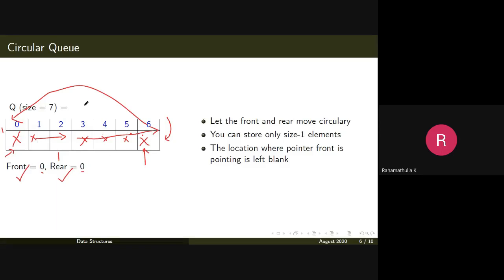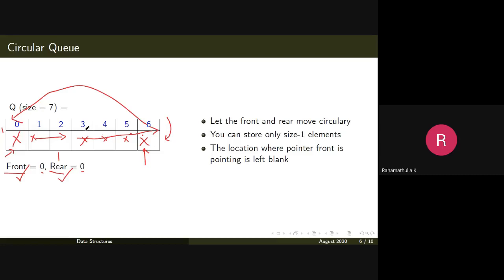So it is something like a circular array, but inside the memory the array is not circular; by implementing the front and rear in such a way, the array is becoming circular. So this implementation is called a circular queue implementation.